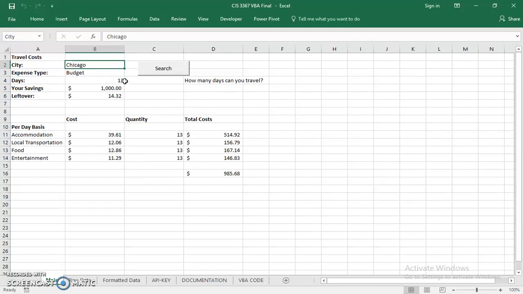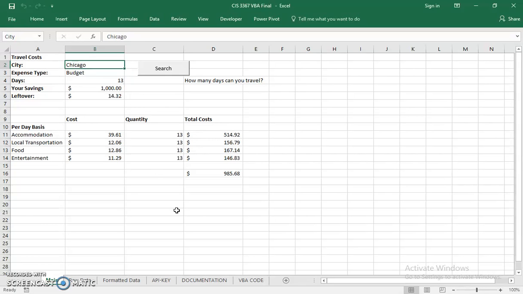Now you're probably wondering, okay, how did I do this? How did I come across these numbers? Well, I applied VBA to extract my data and Solver, as you just saw, to analyze how many days I could spend in a certain city. Now, before I dive into Solver and how it worked with the data, let's take a look at where I